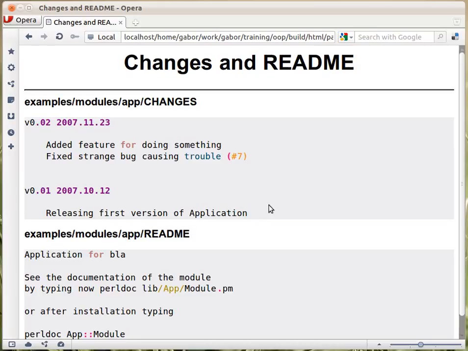The changes file and the README file are two free format files. They are basically just text files. The changes file is slightly more structured. It usually looks like this. So you have the version number and then the date when it was released, and then some text on what changed